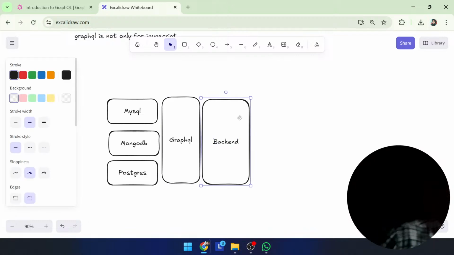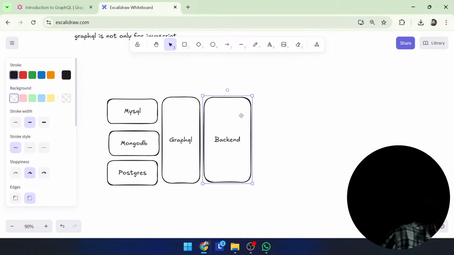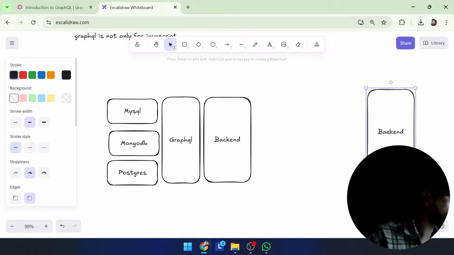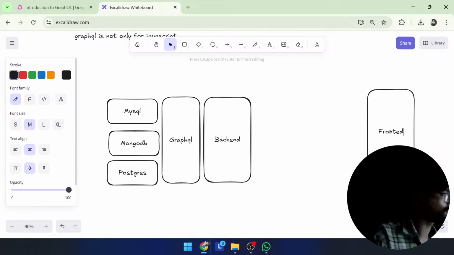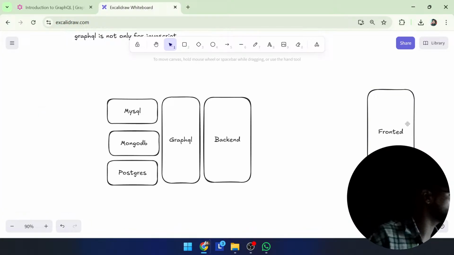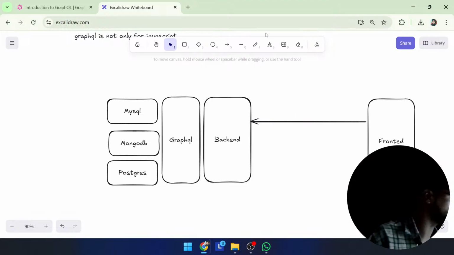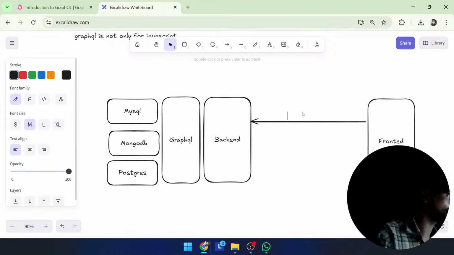So it's actually like that, and this is your front end. What happens if you send any API request, for example, a query? The backend